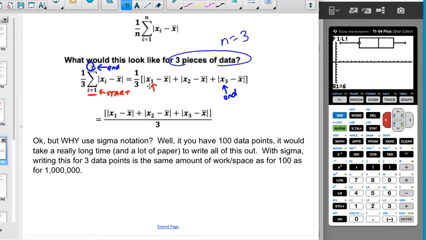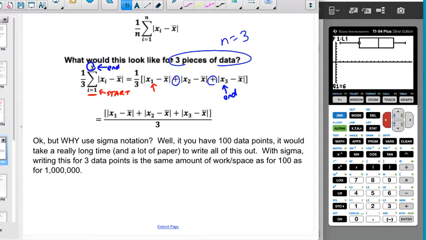I start with x sub 1 minus the mean, right? And then I say plus because sigma means add, right? So plus. And then I do x sub 2 because 2 is the next number after 1, minus the mean. And then I do plus because sigma means add. And then I do x sub 3, which is the last one I do because, see, I'm supposed to stop at 3, minus the